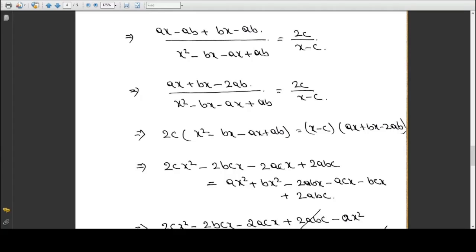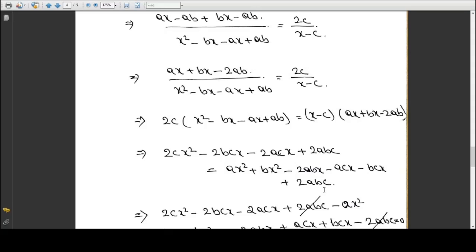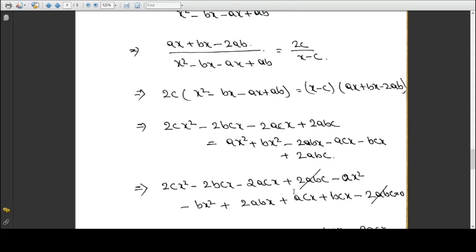Okay, then again we have to multiply with this c also, since this x we multiply to all these three terms, and then this c also we have to multiply to all these three terms. Then this c multiplied to the first term ax, minus multiplied by plus is minus, c multiplied by ax is acx, then minus with plus again minus, c multiplied by bx is bcx, then minus plus, c multiplied by ab is abc.